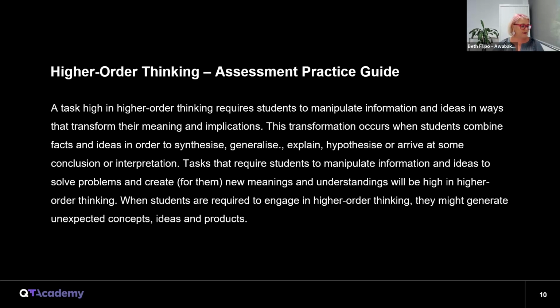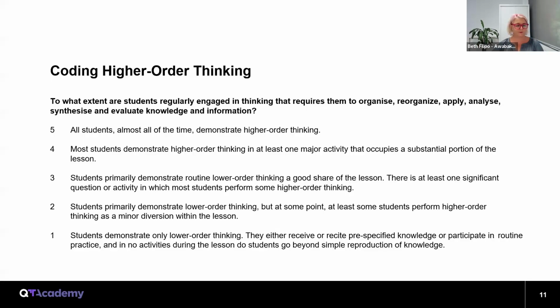So the assessment practice guide and the classroom practice guide contain those same verbs that students are required to do. And if we have a look at the coding scale for higher order thinking and then how that translates into a couple of examples, the bolded statement sitting above the coding scale provides us with the spirit of the element, which you would be familiar with if you've been part of quality teaching rounds. To what extent are students regularly engaged in thinking that requires them to organise, reorganise, apply, analyse, synthesise and evaluate